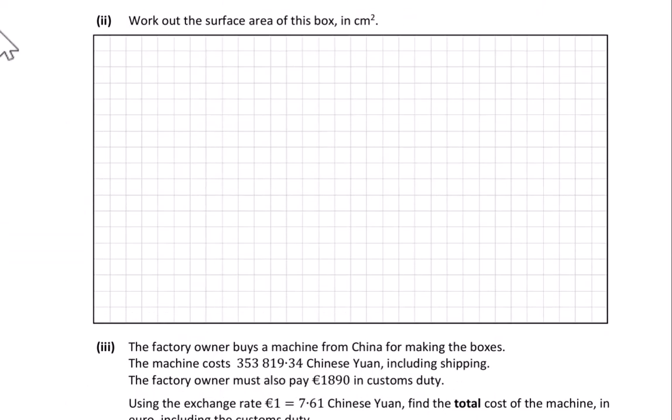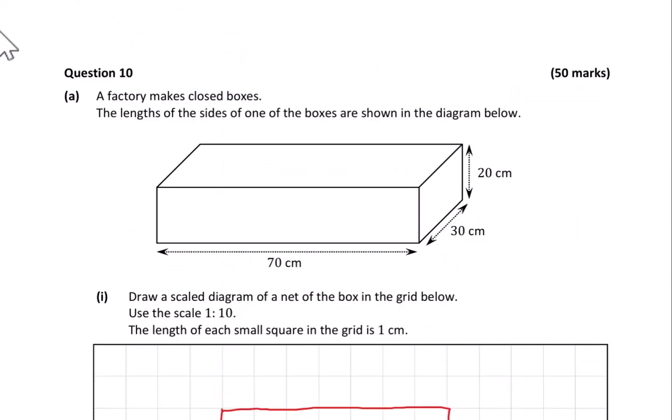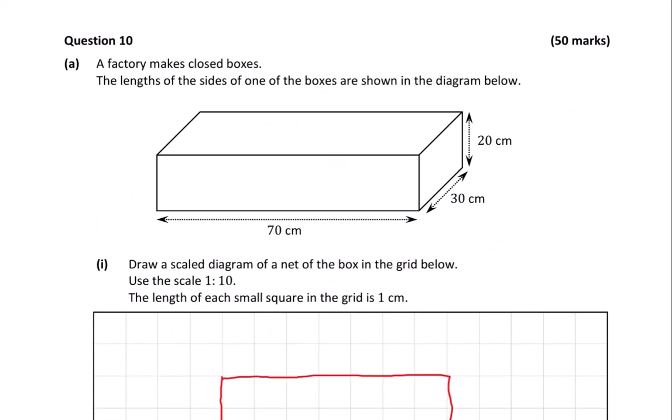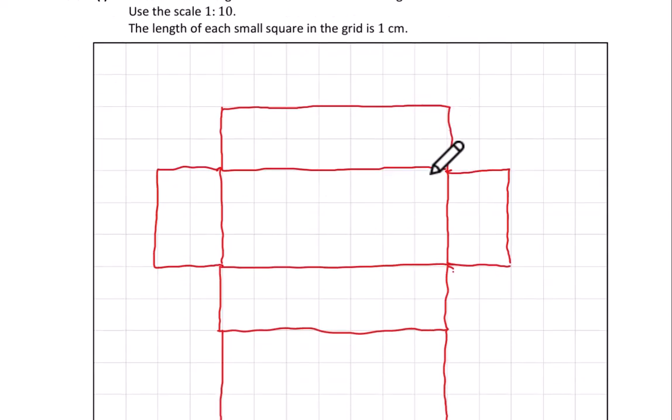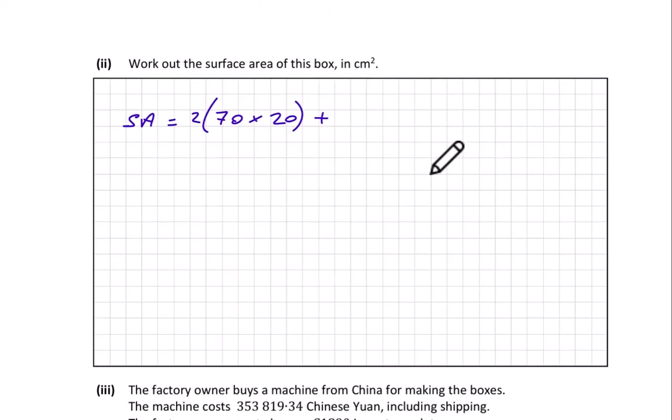So the surface area here is 70 by 20, and there are 2 of those, plus, so 70 by 20 is this face here. Let's do the side face, 30 by 20. So it's twice 30 by 20, and then it's twice